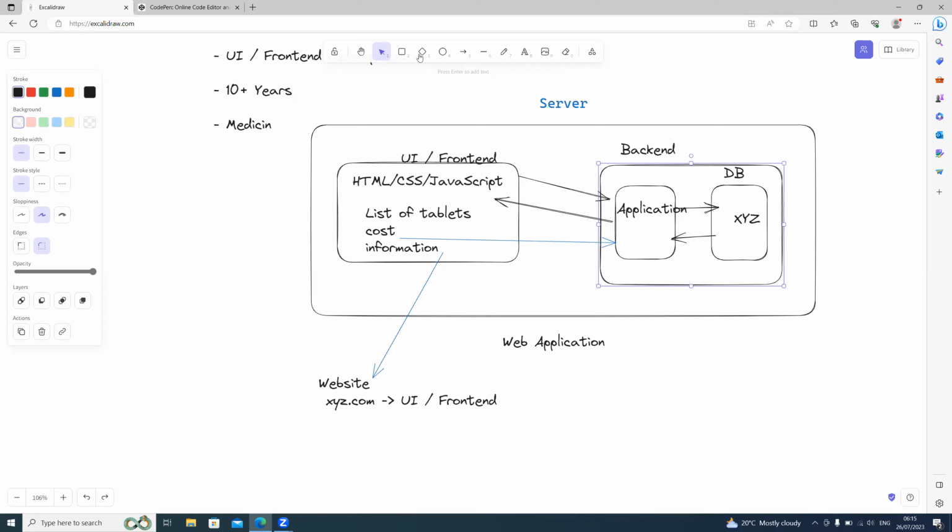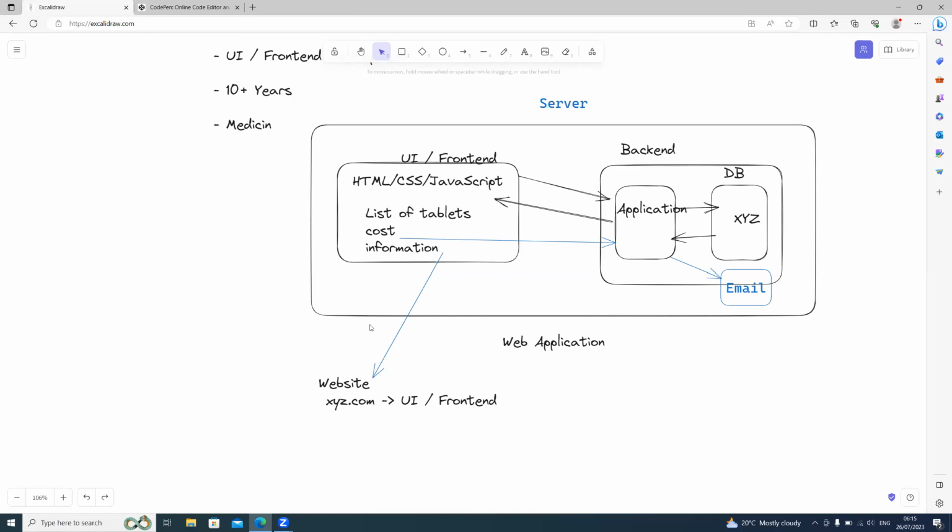Not only the database, it will usually have some more things, like an SMS service and an email service. It's not just the backend. It will have a lot of things, so it will be working with all that. All right. With that, let's move on